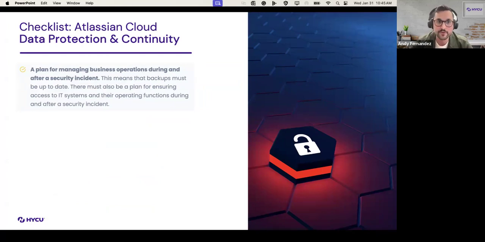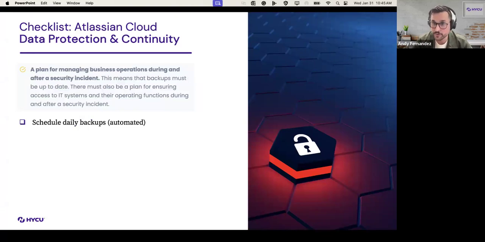Now, I took this sample from the NIS2 directive as well, and they talk about having a plan for business operations after a security incident, really talking about backups, recovery, and business continuity. Here are a couple of things that we recommend at minimum. Remember, there will be more technical requirements coming out, but at minimum, as an Atlassian Cloud customer and